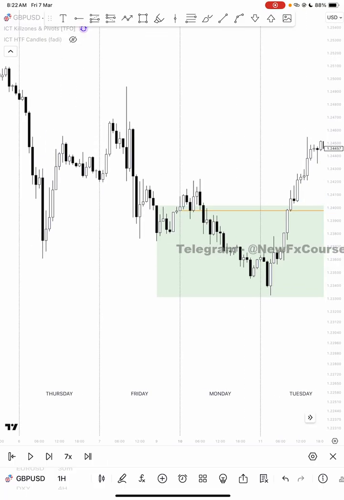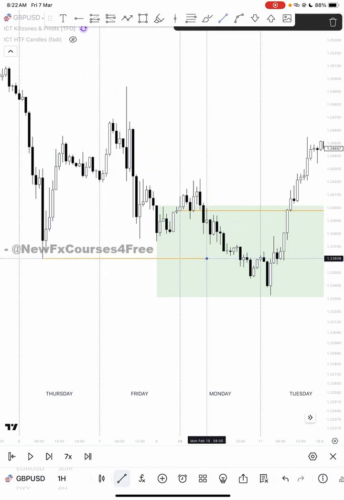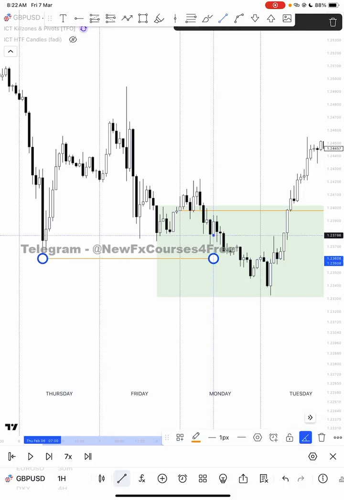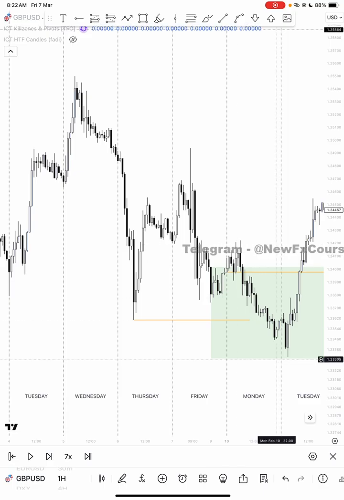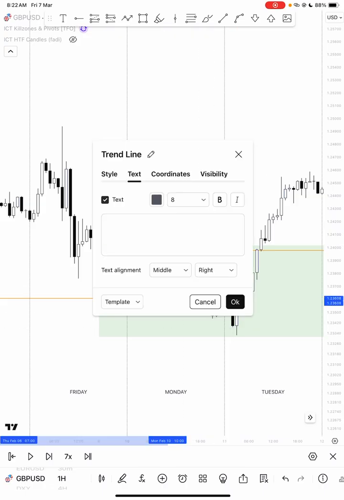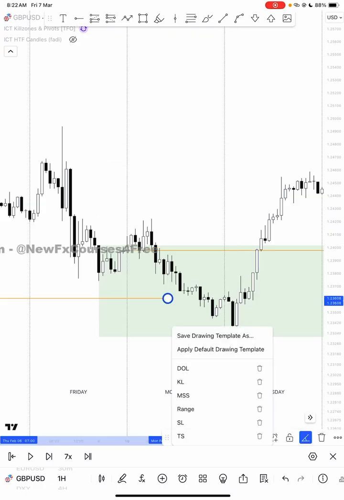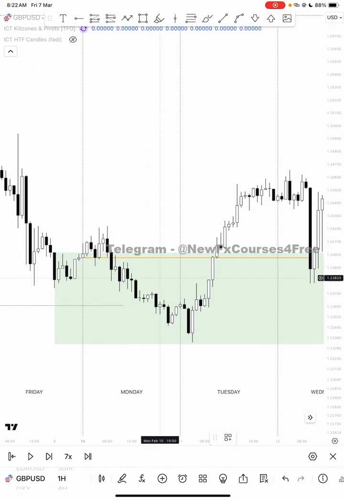So what actually happens Monday? The weekly candle opens and swept this drawn liquidity over here. That was your previous week's low. Swept this drawn liquidity with Monday's move. So after sweeping the drawn liquidity, Tuesday,